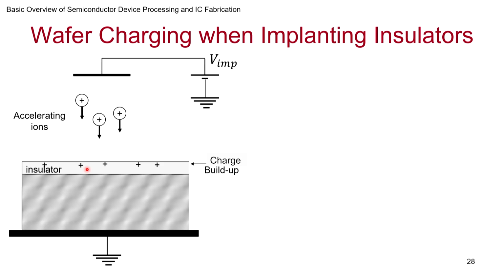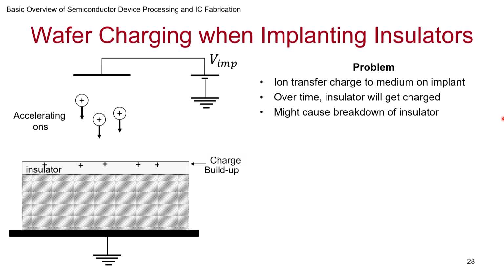In an insulator, the charge will just remain there. On the other hand, if it were a conductor, it will just go to the ground. Or put another way, the electron from ground will come and neutralize that positive ion. So in an insulator you will have a charge buildup. This is not healthy, especially when you have gate oxides, which can be thin, and lots of charge coming there during the implantation, like source-drain implant. You don't want them to short, so you have to find ways of dissipating that charge. Over time the insulator can get charged and may break down, and this insulator may be very critical, like the gate oxide, as I mentioned.